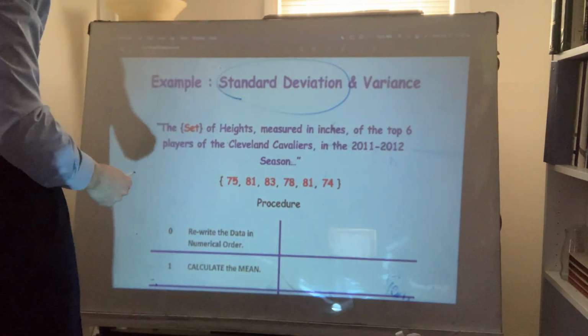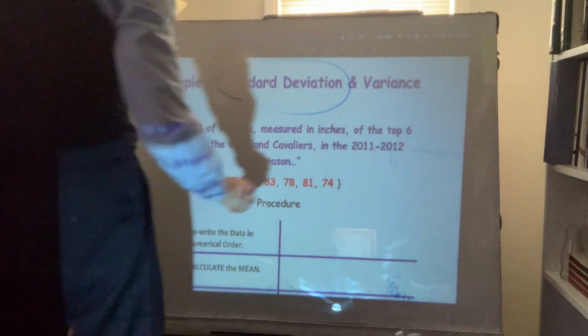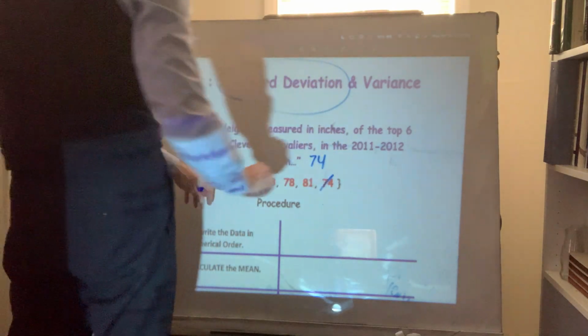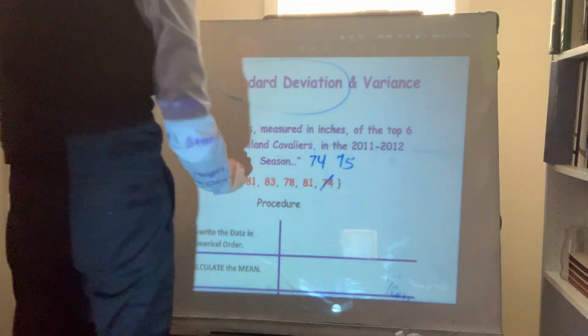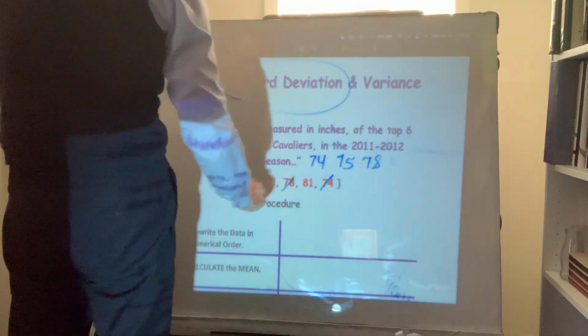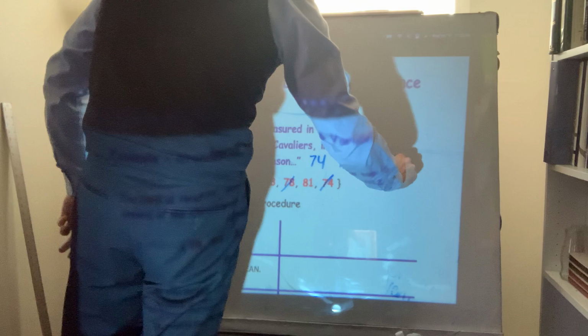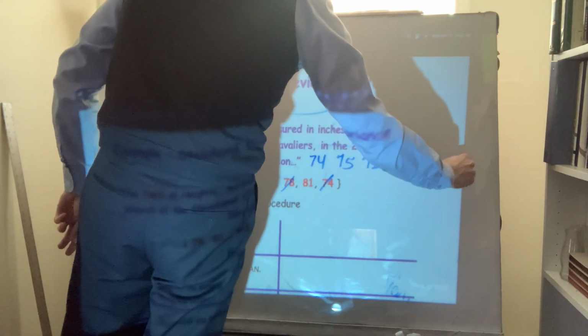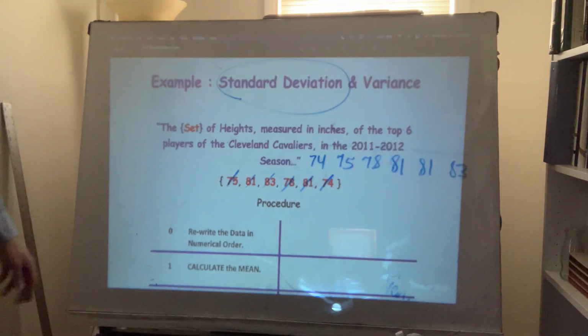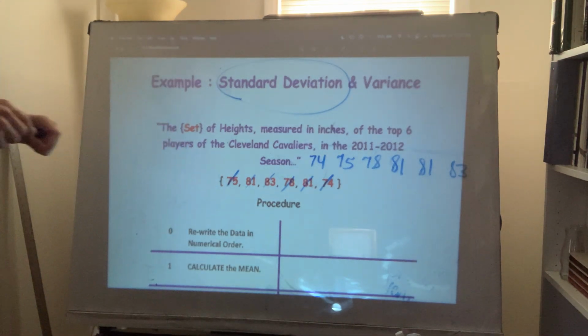That's easy. What's the low number? 74, 75, 78, 81, 81, and 83. Not too arduous a task because there's only 6 of these players here. All right. Now,